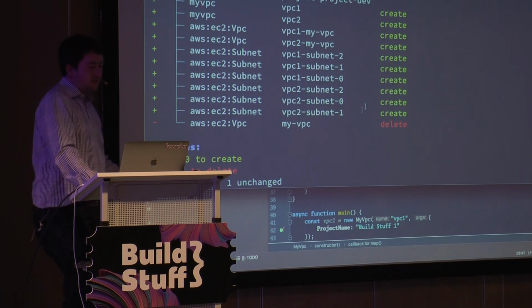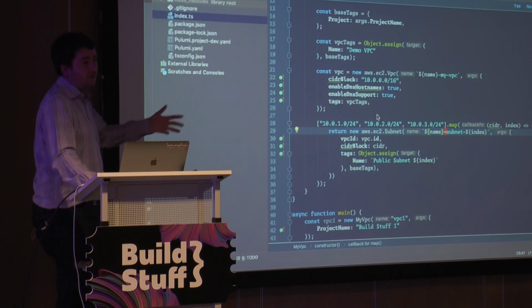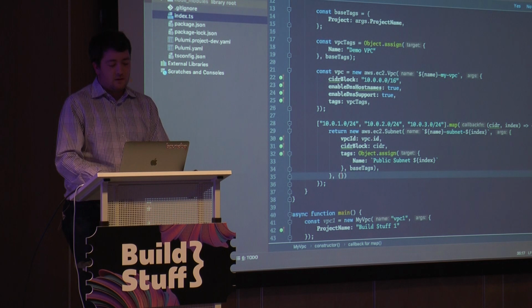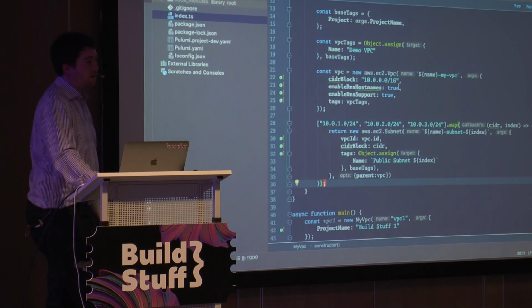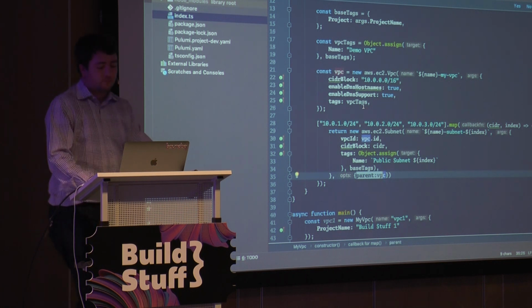Now that's fine, it doesn't give us much in the way of structure. It would be a lot more useful if we could impose some more structure on this thing. Right? So if we could link the subnets to the VPC to give a much clearer indication of provenance in the preview. So we can specify the parent of each resource to be a different resource.